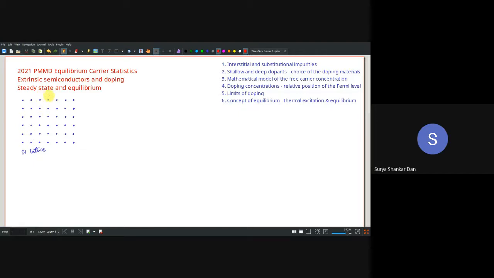So the whole idea is that we have to first understand shallow and deep dopants today. That essentially concerns the choice of the doping materials. Before we come to that, we have to keep in mind how you choose the material. Let us talk about the situation of a MOS device, a MOSFET. Here you are going to have an oxide. All these layers are created with the field oxide, and then we will etch that oxide away. You know all those CMOS processes, right? I'm sure Parikshit sir was telling that he has already done it in the class.